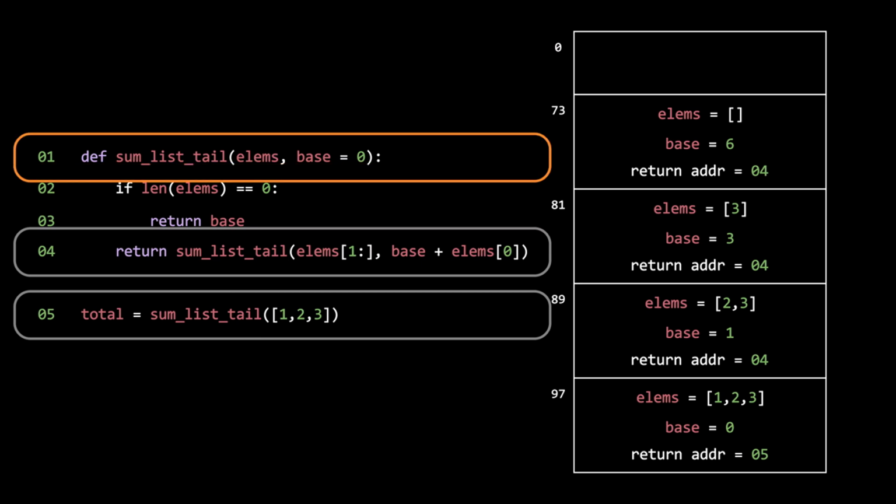If we look at the very end of the function where we call SumListTail, we're not doing any computation at this point, and we technically do need to know how to go back. We need to know the return address to go to line 4, but kind of we also don't, because all we're doing is going back to line 4 just to quit that function. So when we quit the inner call to SumListTail, we go back to line 4 and then quit that one